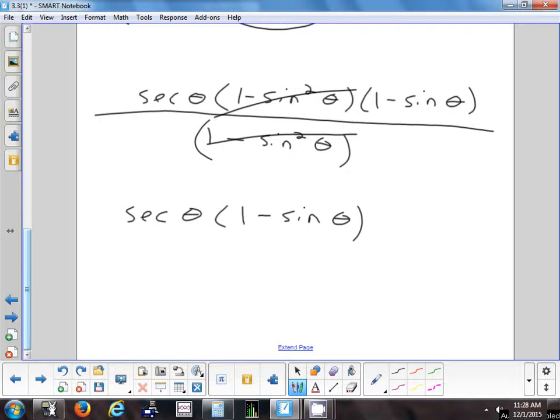Okay, so now at this point, we have to ask ourselves, is it as simple as it can get? Or could we try changing things to sines and cosines, and maybe we can get rid of this distributive property? Okay, we can try it. If changing things to sines and cosines makes it worse, then we'll just come back and we'll stop here. Okay, but let's try changing to sines and cosines. What is secant in terms of sine or cosine? That's 1 over cosine